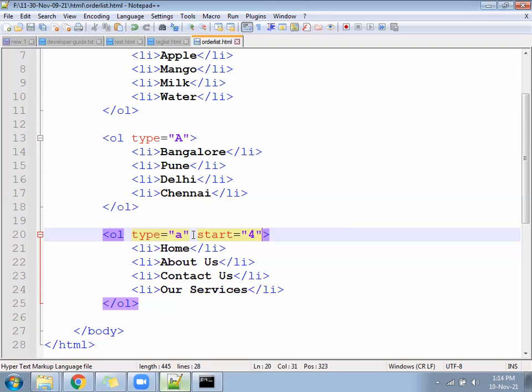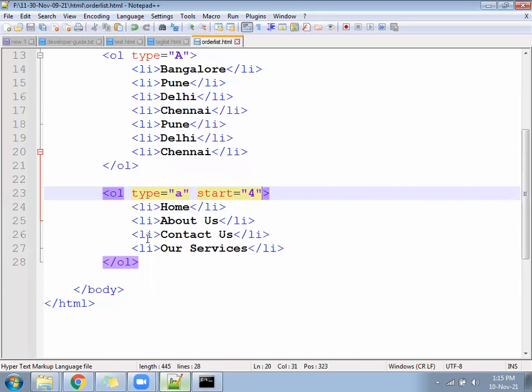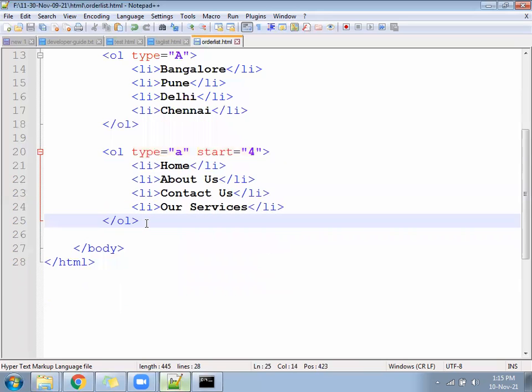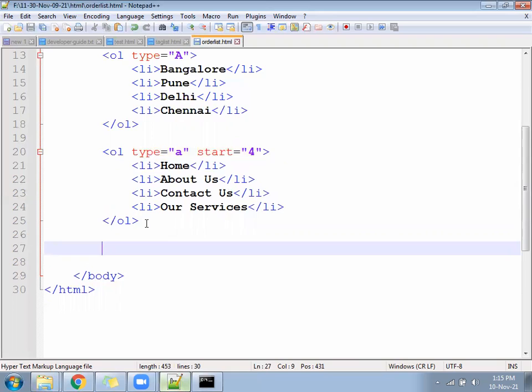It will not print from A, it will start from the D. You can check once. Coming from the D. Yes.